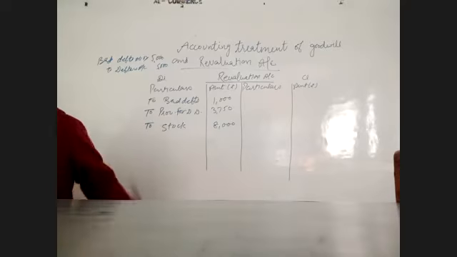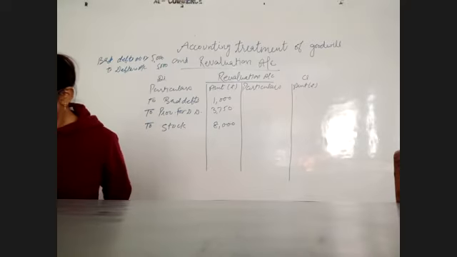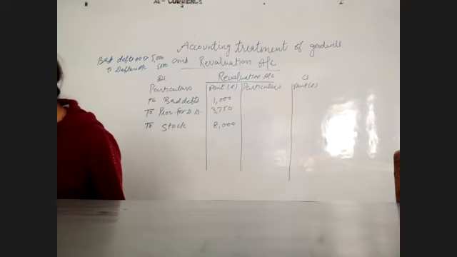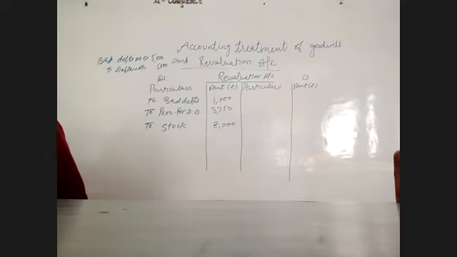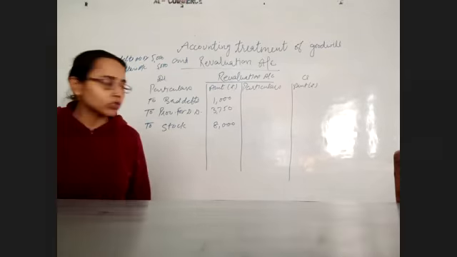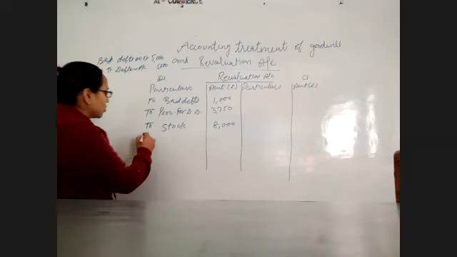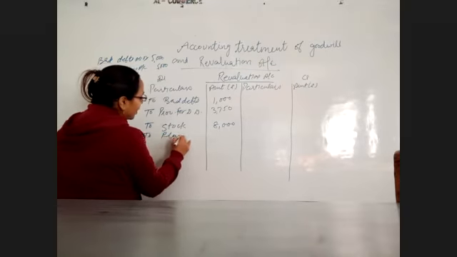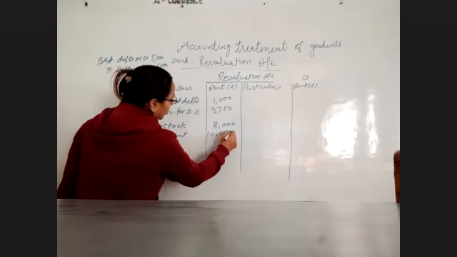Then plant be reduced by 10,000. It is already given the amount by reduction. So we will consider 10,000. We will take 10,000 directly. Plant was 1,40,000. Now it is reduced by 10,000. So again in debit side to plant 10,000.